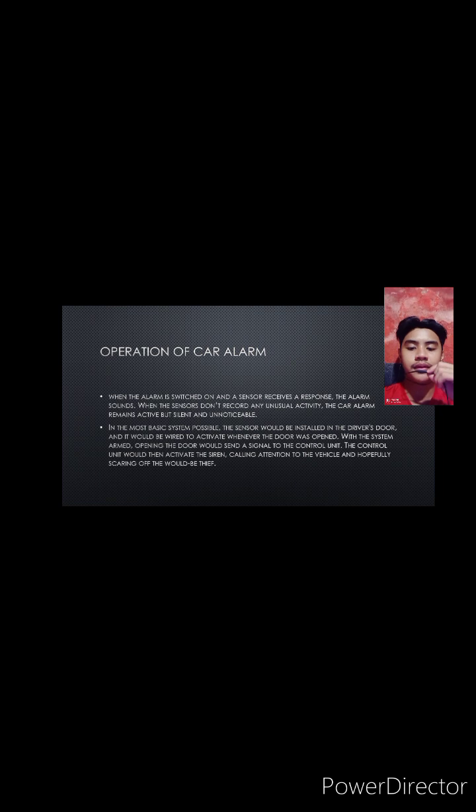Operation of car alarm. When the alarm is switched on and a sensor receives a response, the alarm sounds. When the sensors don't record any unusual activity, the car alarm remains active but silent and unnoticeable. In the most basic system possible, the sensor would be installed in the driver's door and would be wired to activate whenever the door was open. With the system armed, opening the door would send a signal to the control unit. The control unit would then activate the siren, calling the attention to the vehicle and hopefully scaring off the would-be